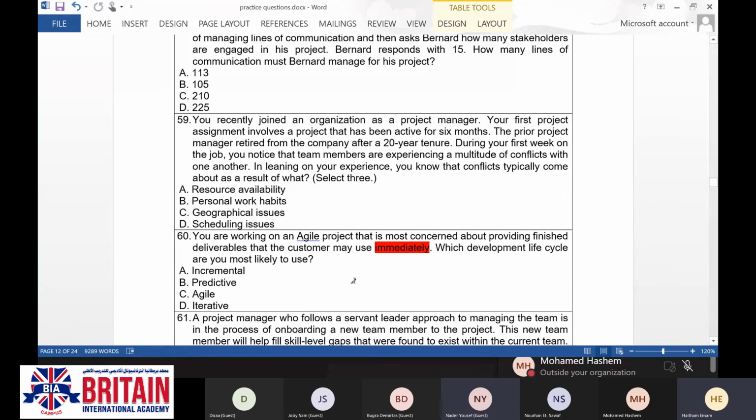In the predictive, the question is saying agile, so predictive is not related to agile work, right? Agile, when it comes to agile, includes a high volume of changes, but it's a generic word including many methodologies like the iterative one. So why haven't we selected the iterative one?